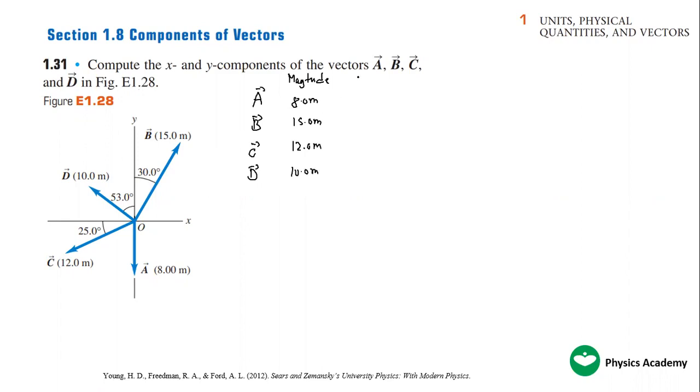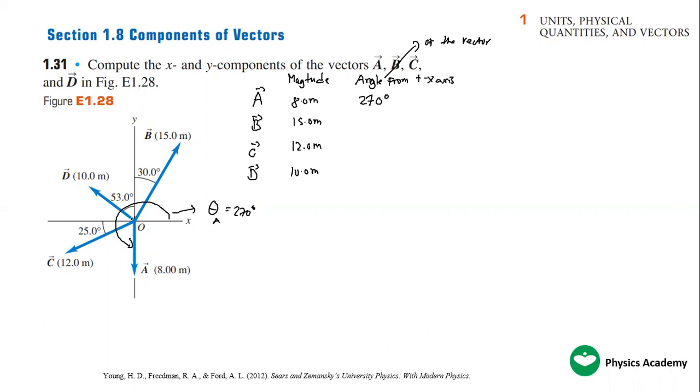Then the next step is to find the angle. What is the angle? It's the angle from the positive x-axis to the vector. So for A, this is angle theta A. Theta A, from the positive x-axis, is just 270 degrees. So you can list here